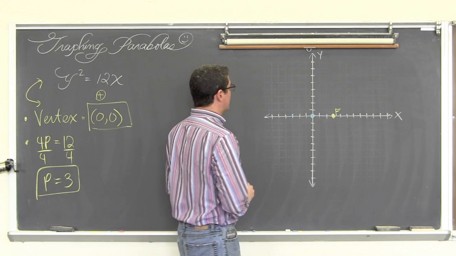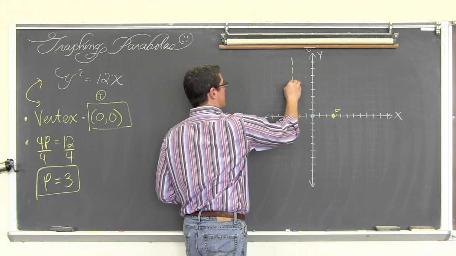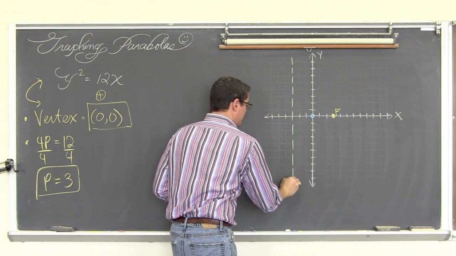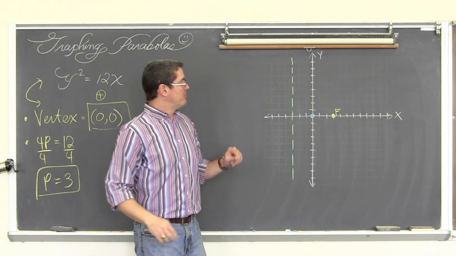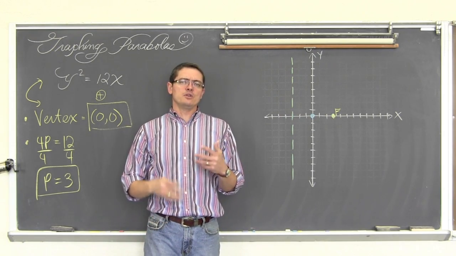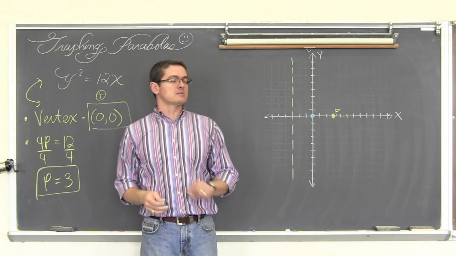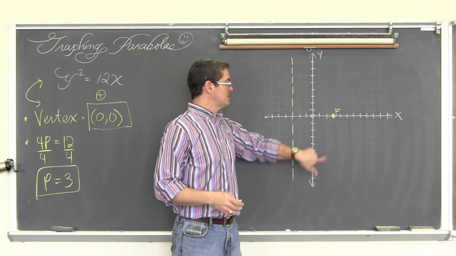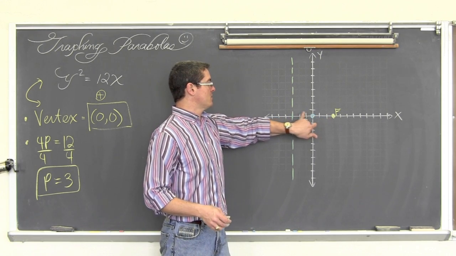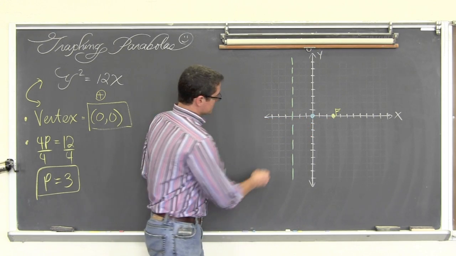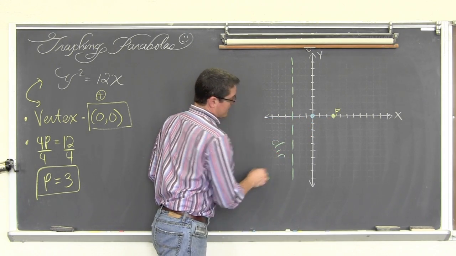Since in my notes I did my directrix lines in green, let's go ahead and add that in. So my focus and my directrix, these are not the graph, but they need to be included in the graph when you first take this quiz or chapter test. I'm sure your teacher is going to be looking for these values. And the distance of 3 is the distance from vertex to focus and vertex to the directrix line. Let's just put a little DIR there.